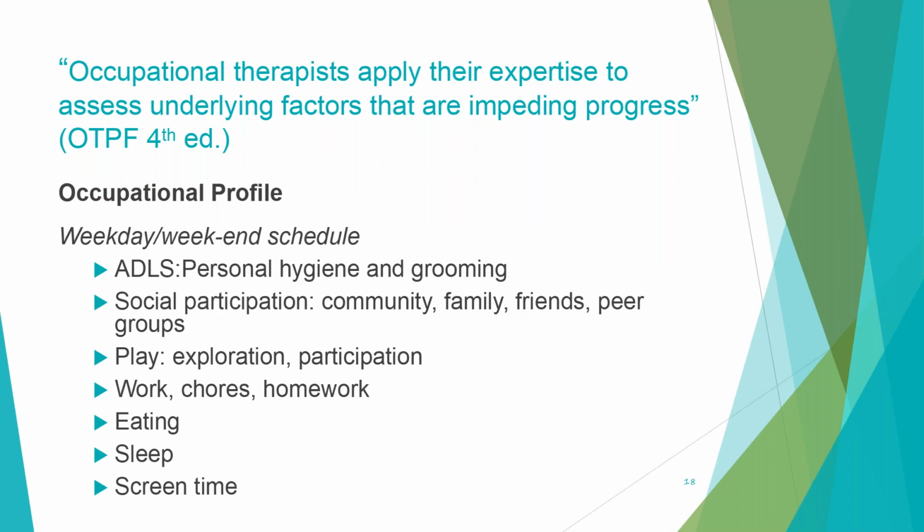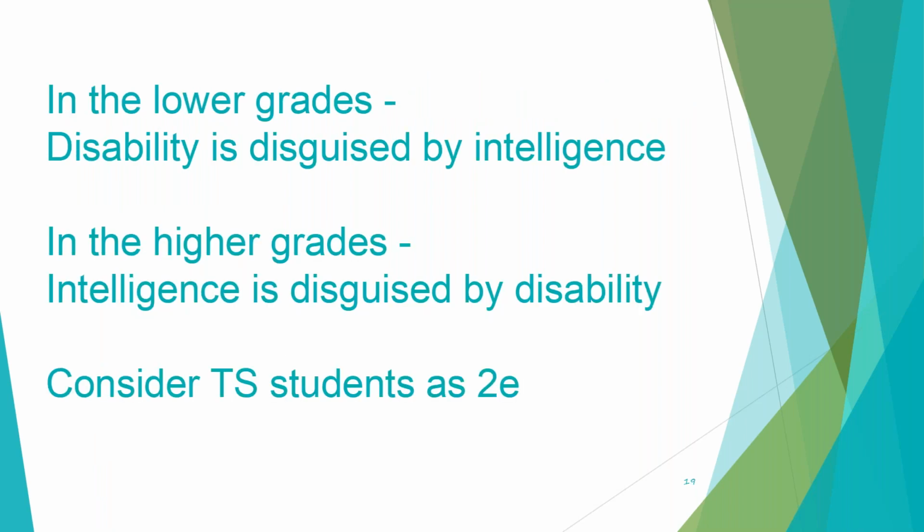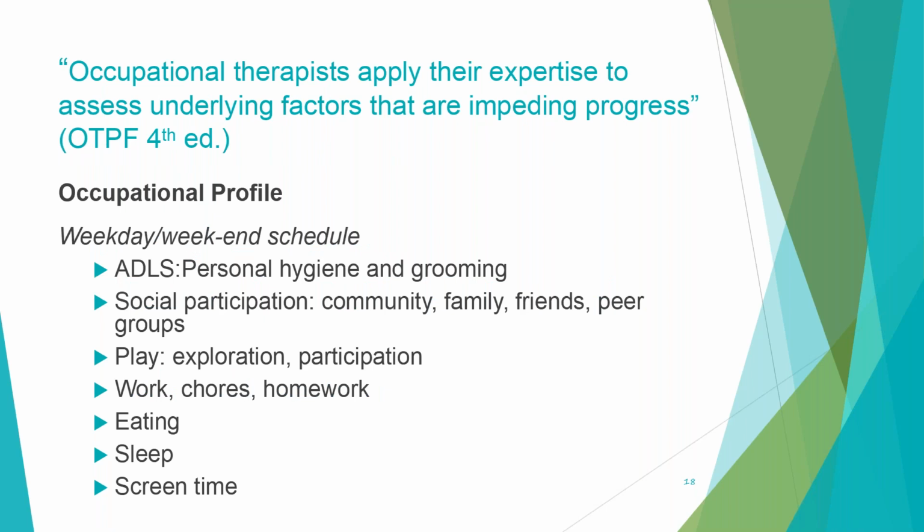And then, so, you've done your observation, your occupational performance skills observation, and then you're going to do standardized evaluations, and then you work on their occupational profile, which is really important to take a look at what it is that they need to do all day, every day, the difference between a weekday and a weekend schedule, and make sure that you're looking at how they are interacting within the community, their family, their friends. Do they have friends? Who do they play with? Are they younger? Are they older?